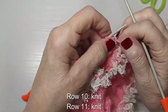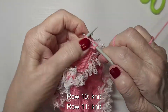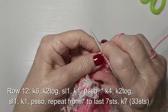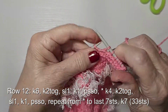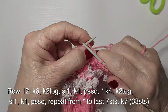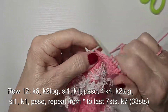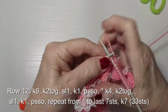Okay, the next row is knit 6, 1, 2, 3, 4, 5, 6, knit 2 together, slip 1, knit 1, pass slip stitch over, and then we're going to repeat: knit 4, 1, 2, 3, 4, knit 2 together, slip 1, knit 1,